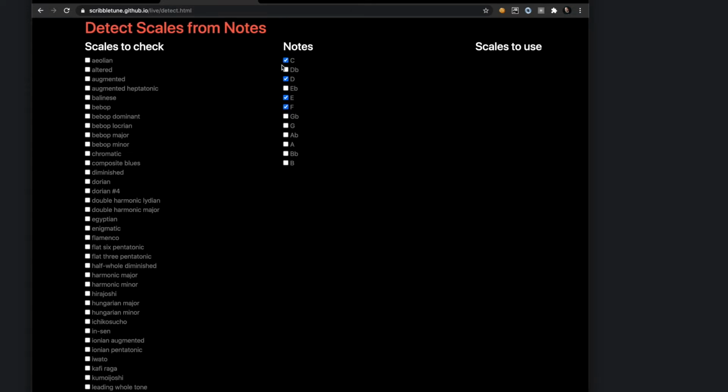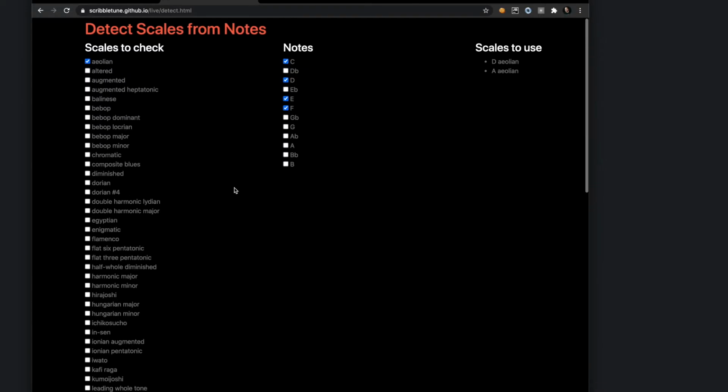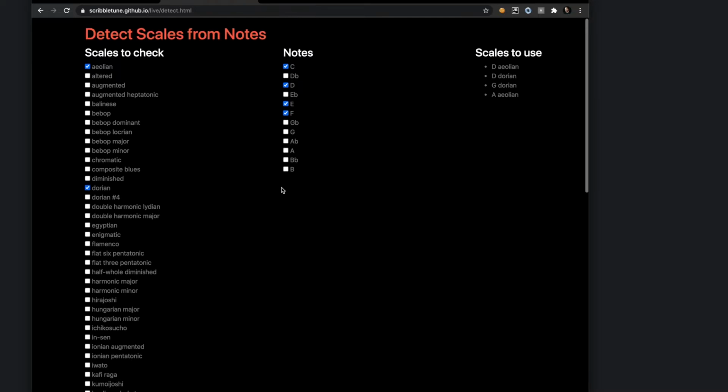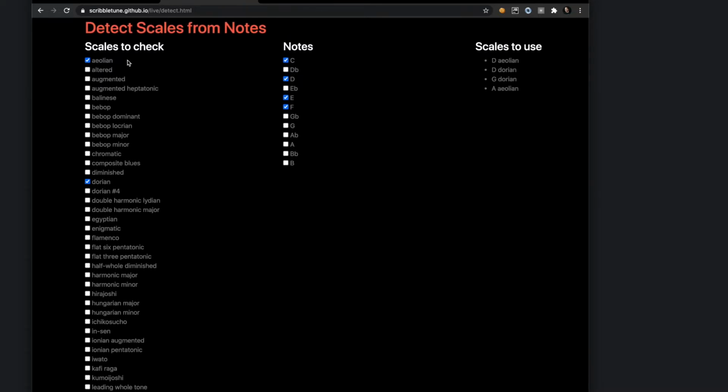So what I mean by that is, let me demonstrate. In this version of the app, I don't have that feature. I'm expecting the user to select the scale to perform a check for these notes, and that's what this program, if you will, this client app is doing. And now it has outputted these two scales, D Aeolian and A Aeolian, basically D minor and A minor. And then let me select Dorian. So it went and searched between Dorian and Aeolian for these four notes.